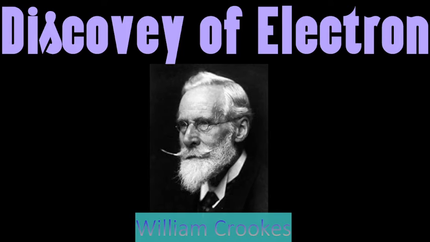J. J. Thomson, an English physicist, studied the properties of the cathode rays and made some important observations. He was awarded the Nobel Prize in Physics in 1906. Point number 1. The cathode rays always traveled in straight lines. However, when charged plates were placed around the tube, the rays were deflected away from the negative plate and towards the positive plate. This suggested to him that the cathode rays contained particles with a negative charge.